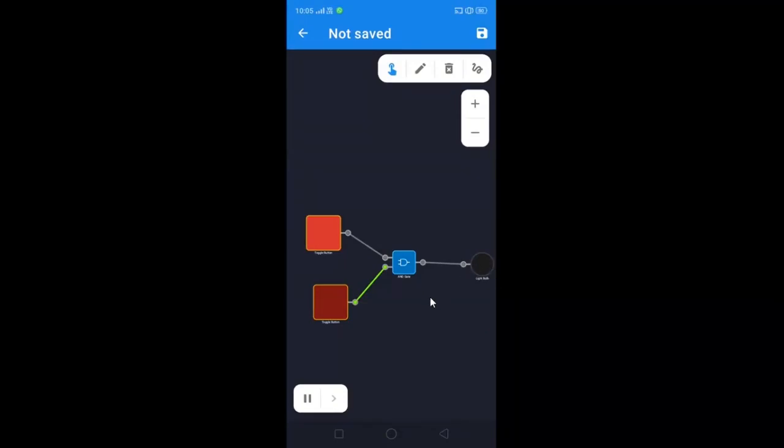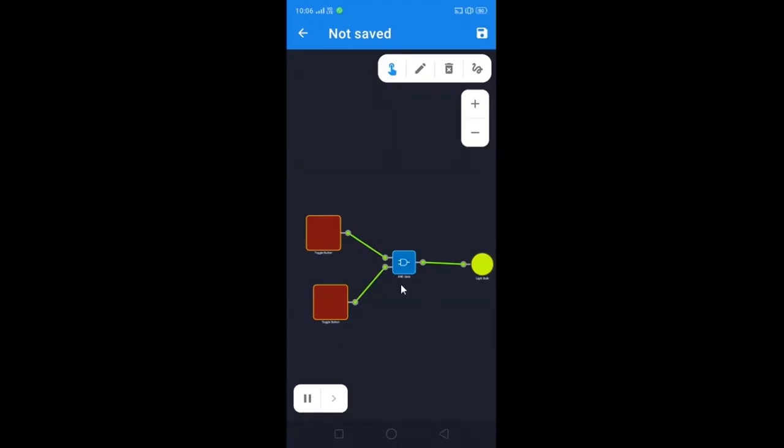Now the third input combination is 1 0. So in order to give 1 0, click on this first toggle button. So see, now what is the input to this AND gate? It is 1 0. So what will be the output? 0. So that's why again this bulb is in off condition. Now the last input combination, that is 1 1. So see, here both inputs are 1 1. So that's why the output of the AND gate will be 1 and this particular bulb will be in on condition.